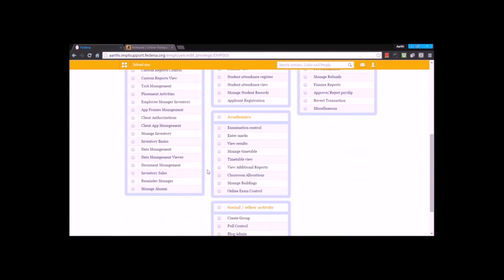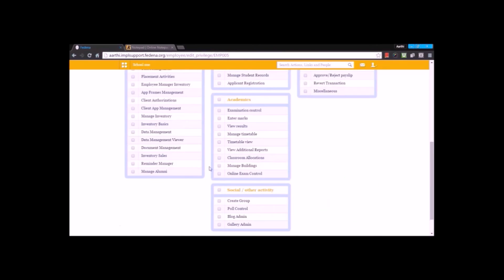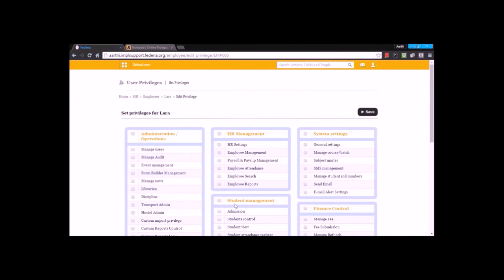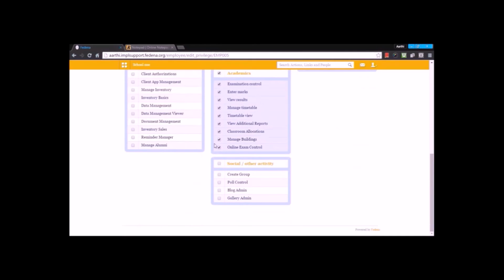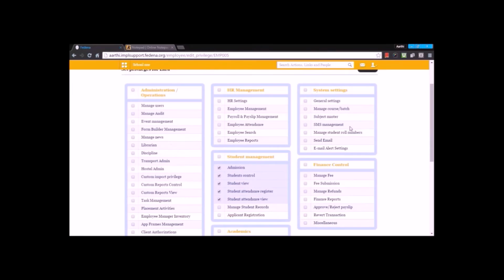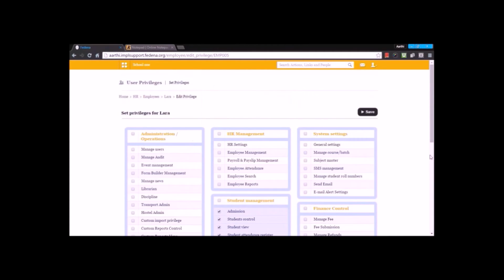Now here we have the privileges for the employee. We have all the privileges possibly available, and we can assign a set of privileges for this employee. So if I want to assign all the privileges, I can select all of this. If I don't want to assign any of them, I can unassign a few of these privileges. Same thing can be done since this employee is an academic employee. Let me assume I'm not assigning a few of these privileges. I can assign other privileges like administration and finance if that employee has a power in that department as well. So right now I'm going to save this,